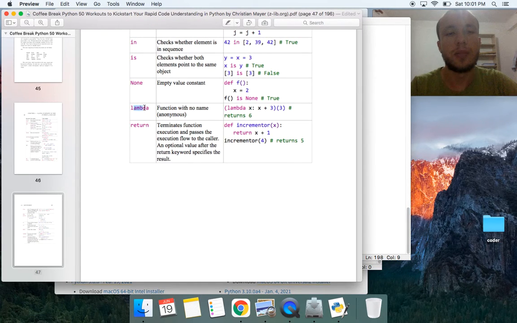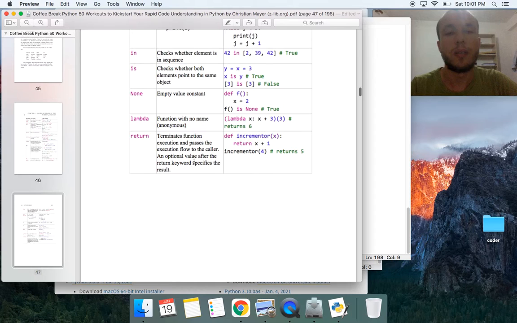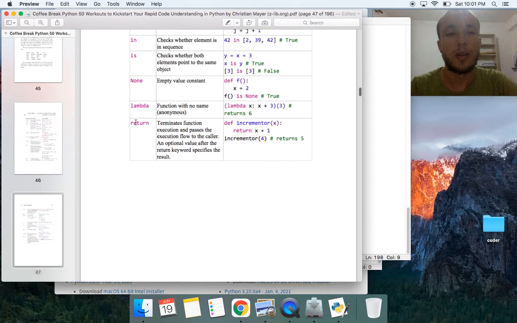Lambda is an anonymous function. It creates functions. It's a way to express the body of a function. As for return, return is used inside functions. Functions should return something. For example,